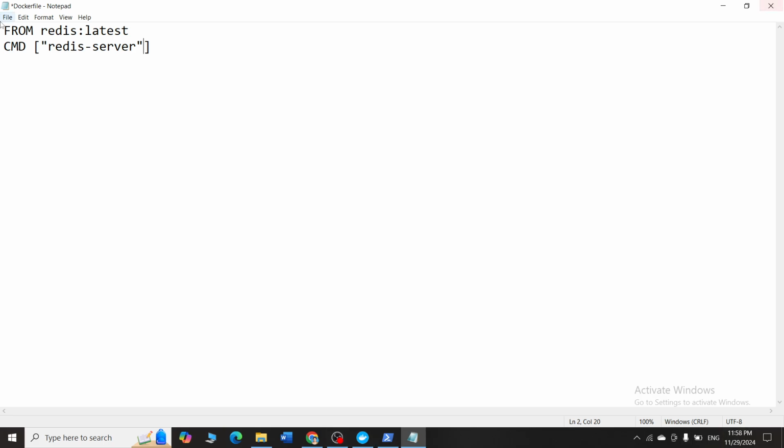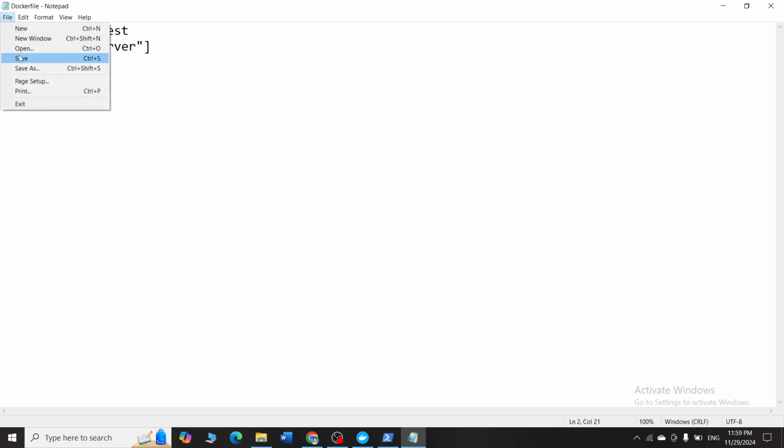I am telling it to get the latest Redis application and, using the command redis-server, execute my Redis database. Now you save. When I run this application, these two commands will be executed by my Docker, and whatever instructions I have given will be followed by my Docker.